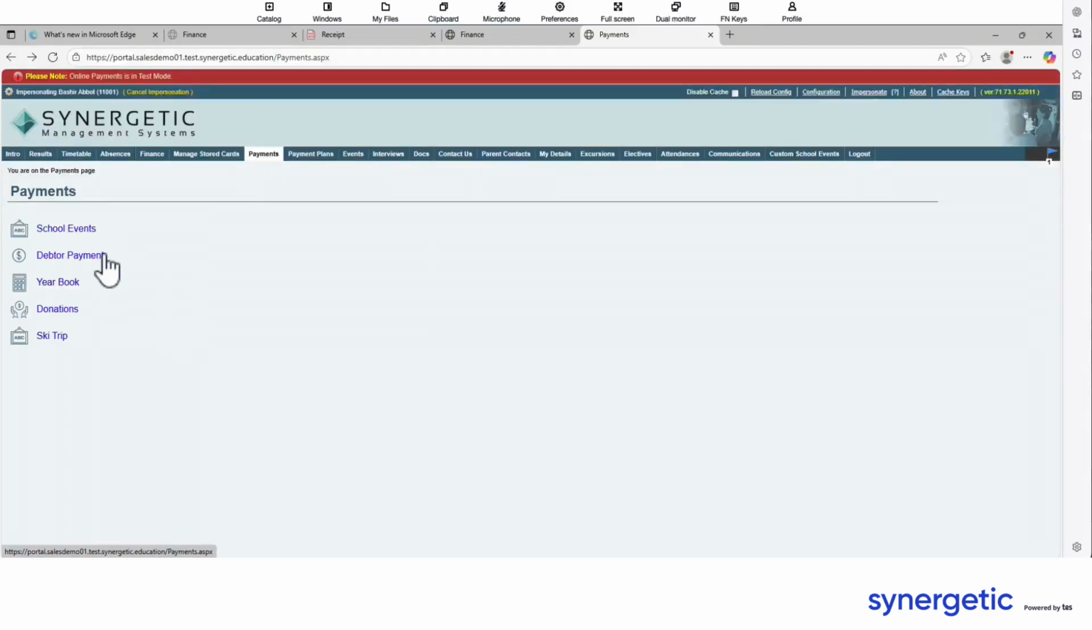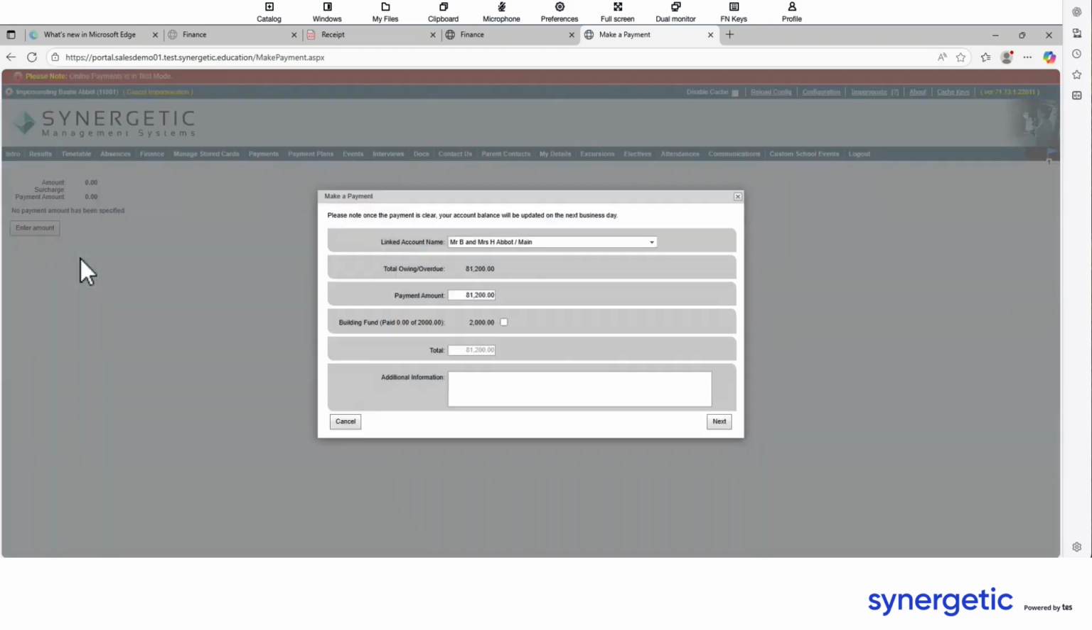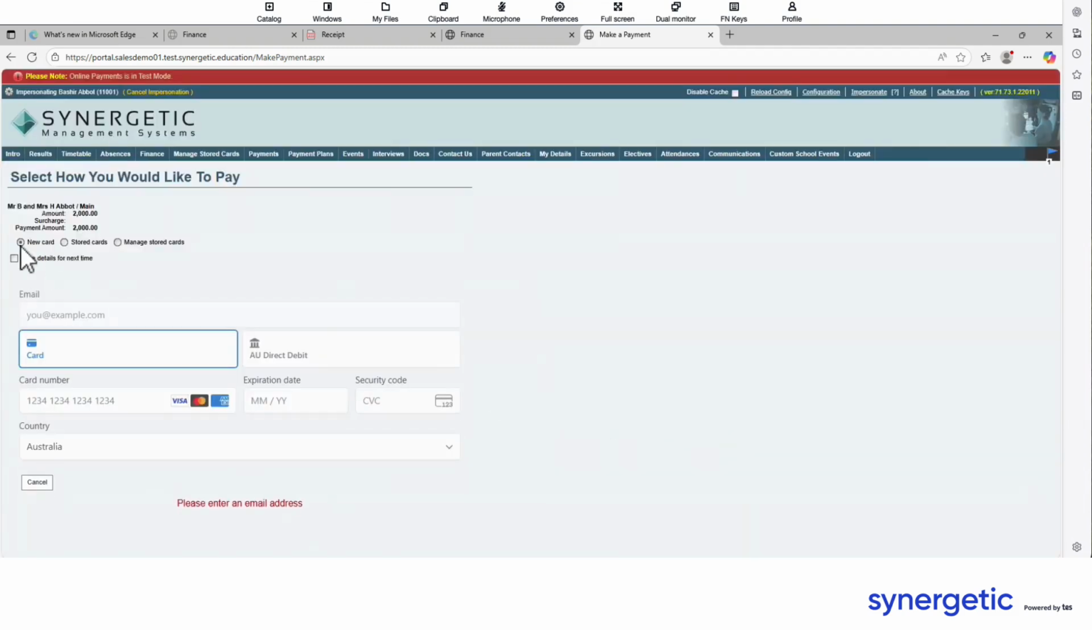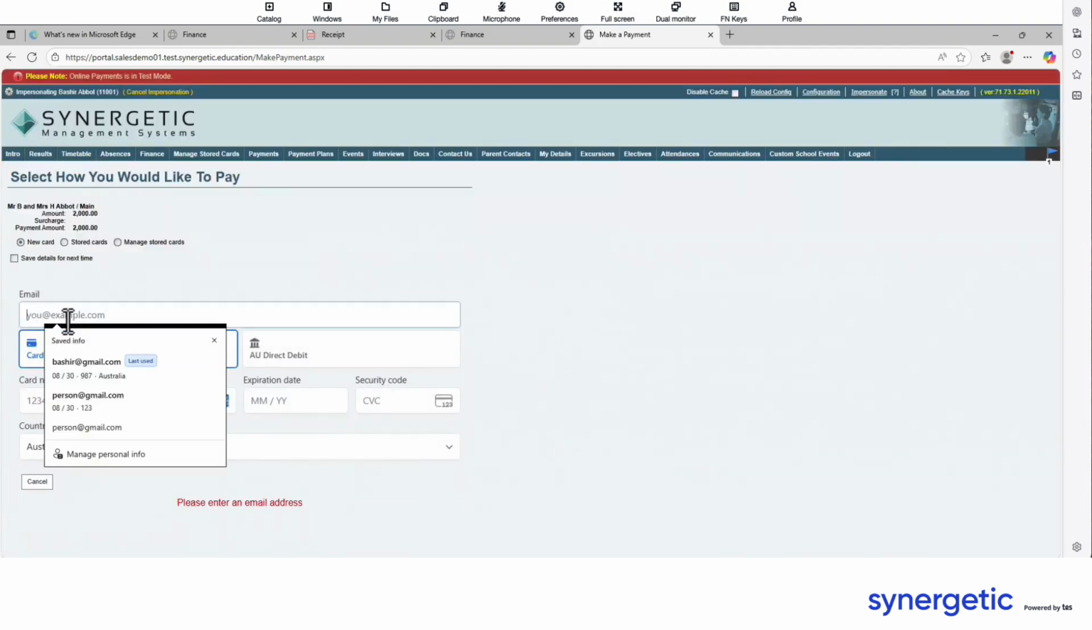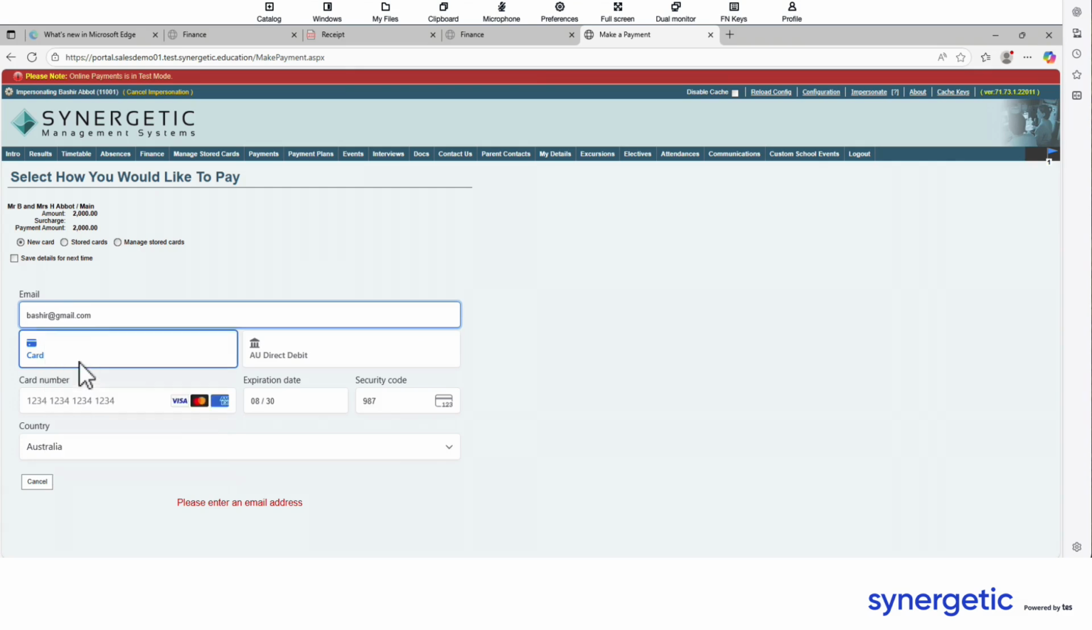I've come into the community portal, payments. I'm selecting debtor payment, and you can see this is for Mr. and Mrs. Abbott who owe over $81,000, and I'm going to make a payment of $2,000 here. Now I get the option in terms of new card, stored card, managed stored cards, and now I'm going to